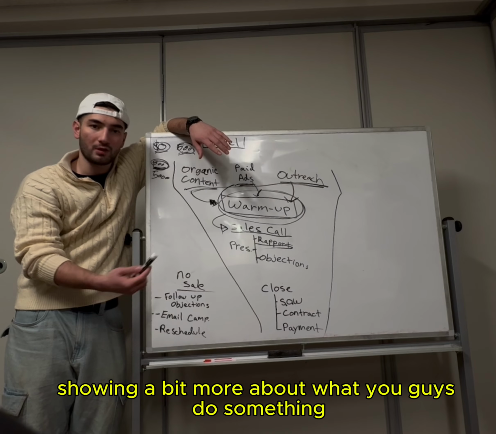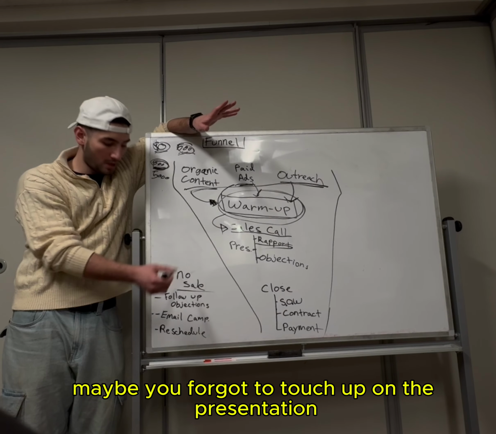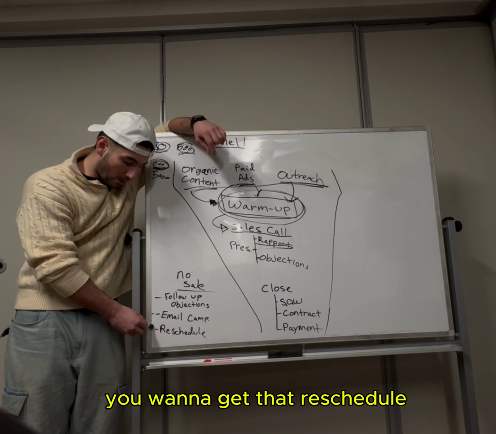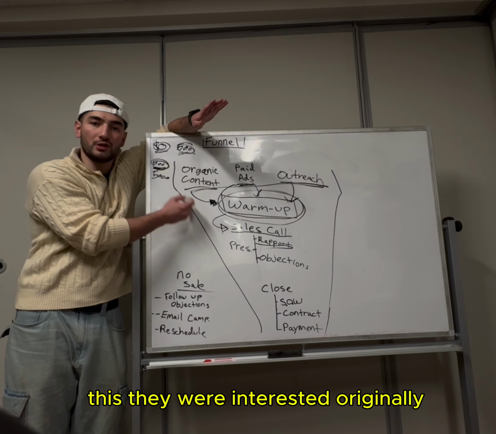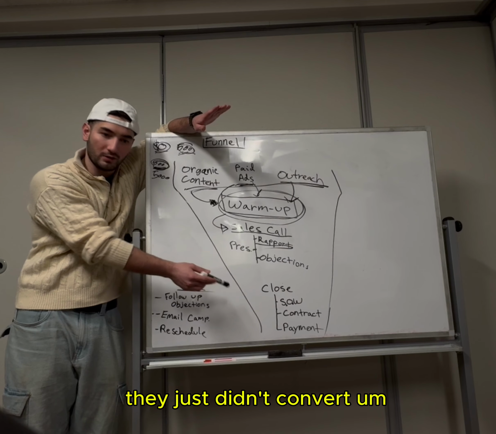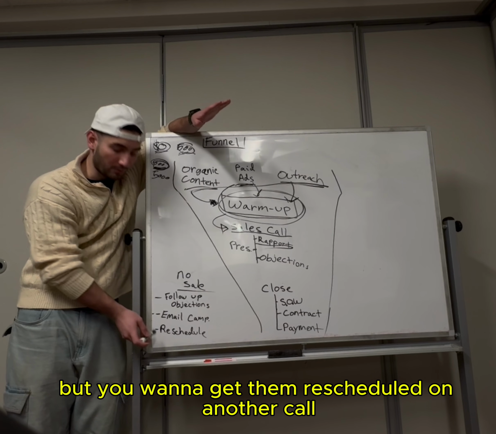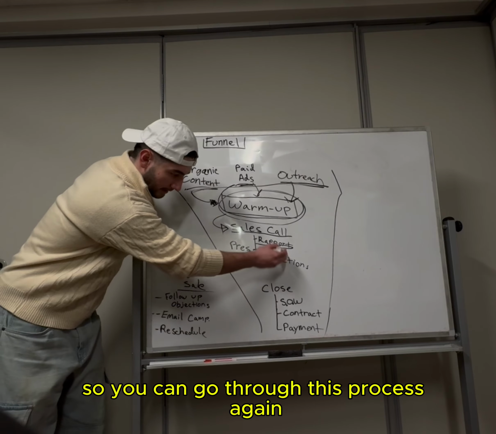Handling objections, showing a bit more about what you guys do, something maybe you forgot to touch on in the presentation. You send it to them in the emails, and you try to get that reschedule. You want to get that reschedule because it's still a lead at the end of the day. They were interested originally, they just didn't convert. Maybe it was the wrong timing. Who knows? But you want to get them rescheduled on another call so you can go through this process again,